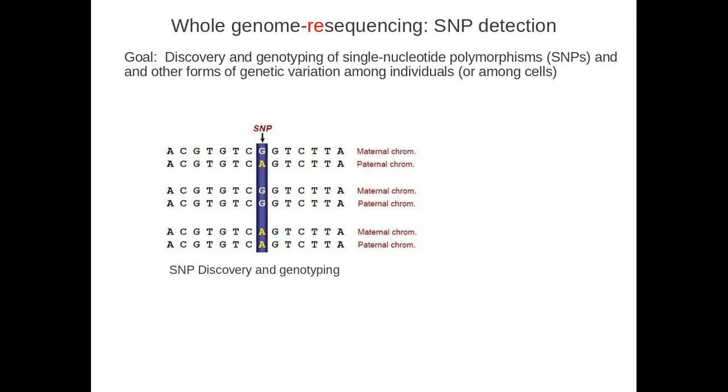So I thought I'd also mention here, a SNP is a variant in the context of many individuals, or occasionally just one diploid individual that has a maternal chromosome and a paternal chromosome. Like humans, we get a copy of our DNA from each parent, and occasionally parents have different variants, or what we call alleles. So here, while one parent had a G at this position, the other parent had an A at this position, and as a site in the genome, we call this a polymorphic site or a single